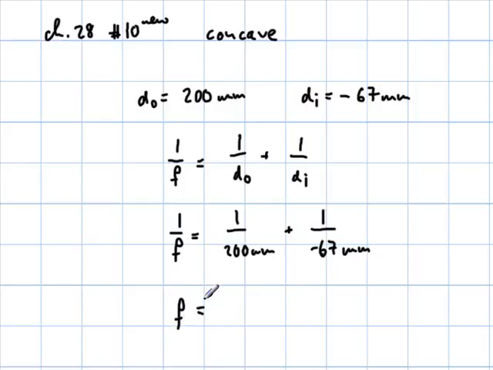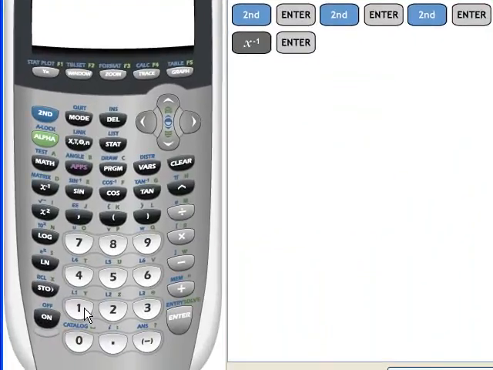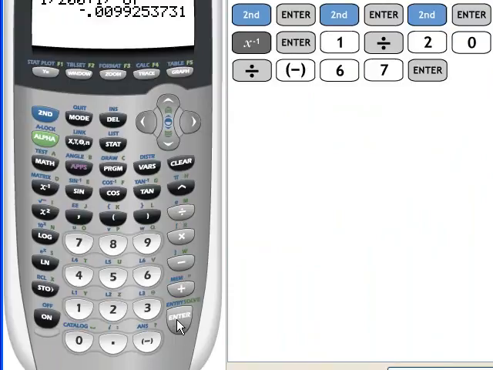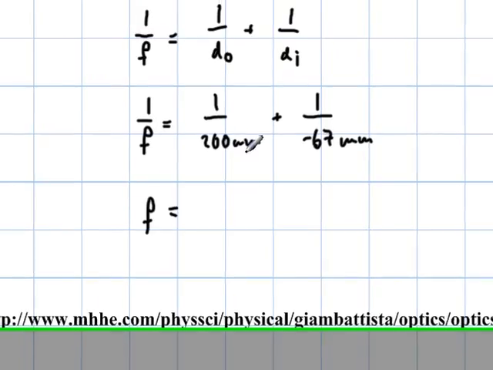And so again, on the graphing calculator, I'm going to do the right hand side, and then I still need to invert that number. So 1 over 200 plus 1 over negative 67. Then it comes out to negative 0.0099. Very small number that tells me right away that I'm not done. I still have to invert that number. And that comes out to negative 100.75